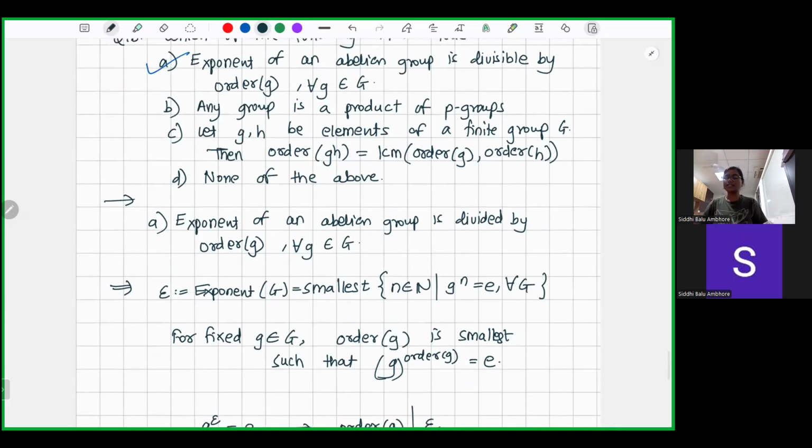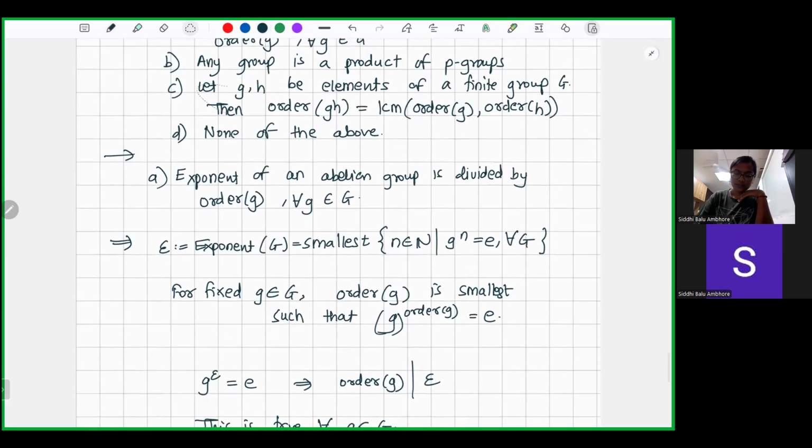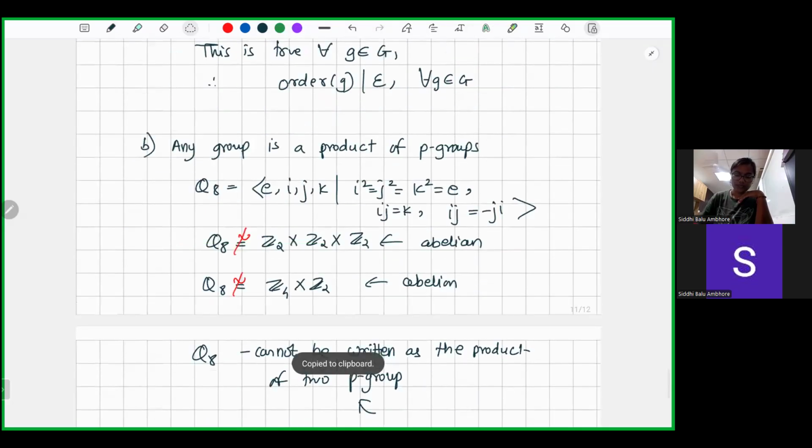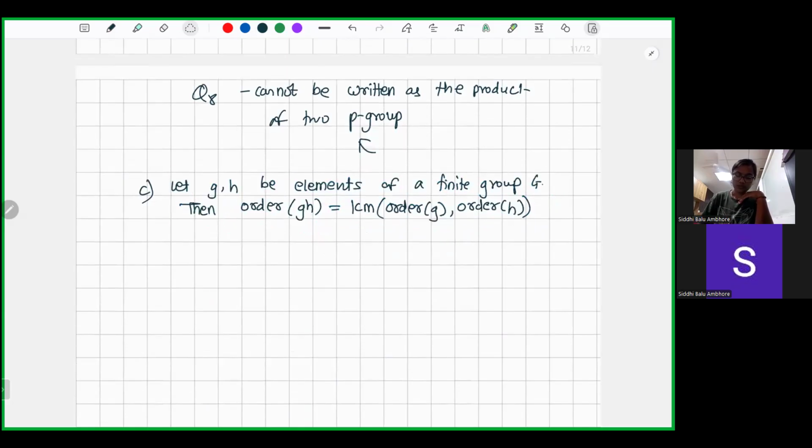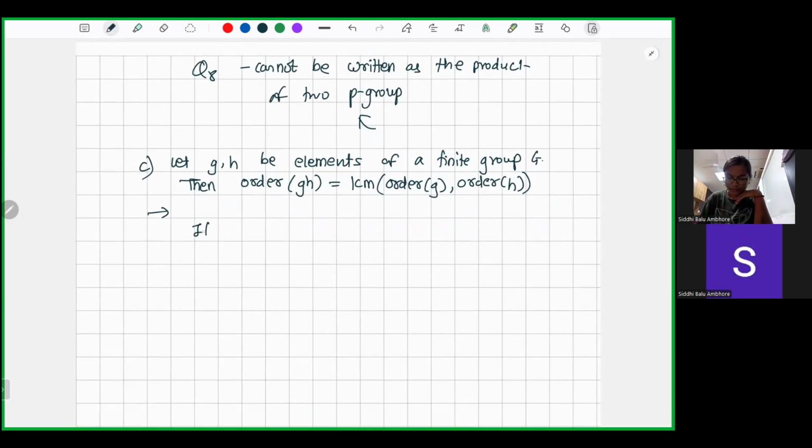Otherwise we will move to the next option: let G and H be elements of a finite group G, then order of GH must be equal to order of G into order of H. So the first thing you can check here is that what they are saying is that G and H are any two elements of group G. They have not given any condition on this G and H. Okay, so first thing is that if we choose this G in G such that